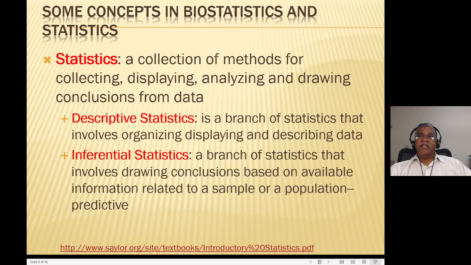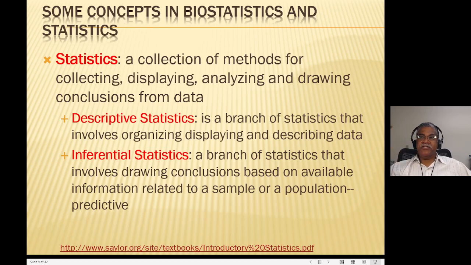Okay, so once again, some other concepts in biostatistics and statistics. Statistics, as we've seen, is about collecting, displaying, disseminating information, and then drawing inferences from the data. Then there's descriptive statistics, which basically displays and describes the data. Now AI does this too, right? Gemini and all of these other groups do that. When you ask for certain information and it's a large amount of data, there's a little button which says, would you like me to summarize that data for you?